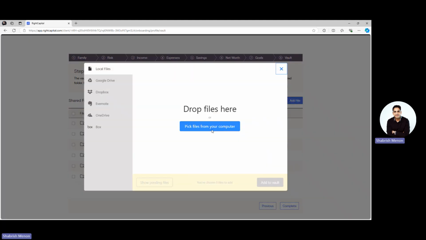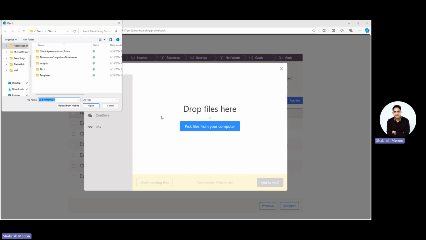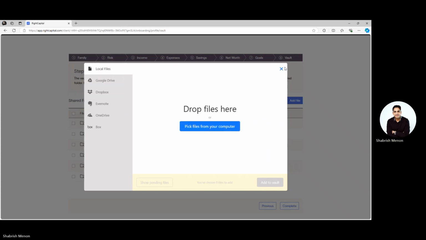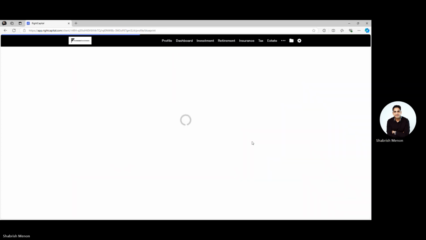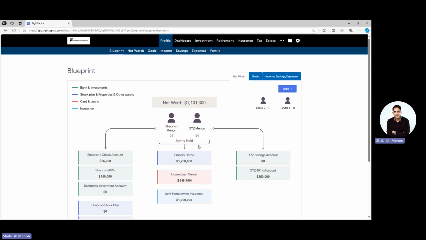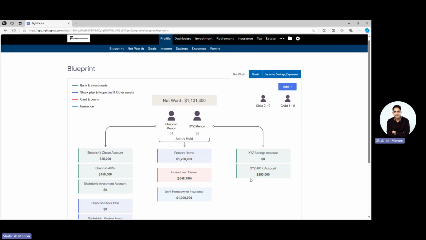By clicking on Add File, you can simply drag and drop those files into these respective folders. But it's fairly simple and easy. And once you have finished uploading your documents, you hit on Complete. And you get here into your profile section. As soon as you finish